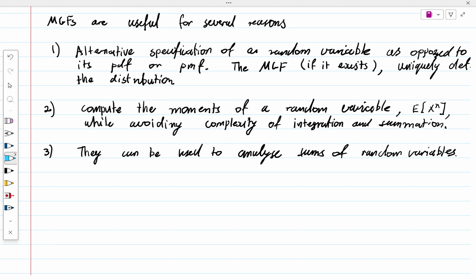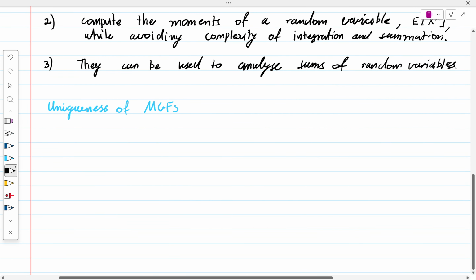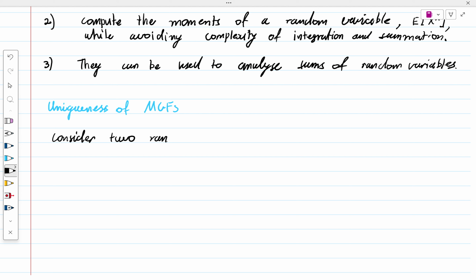And let us be a bit more specific. Like I said, it was an alternative specification. So what I'm going to say is the uniqueness of MGFs. So here is my proposition, or here is my case. Consider two random variables, and we'll say x and y, such that